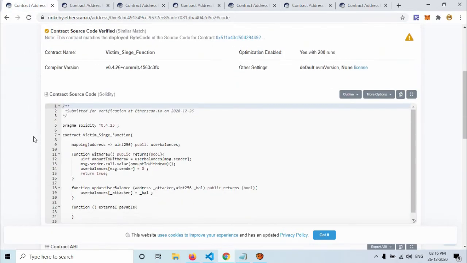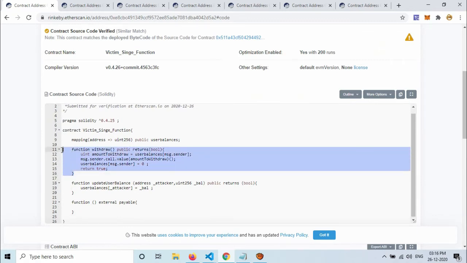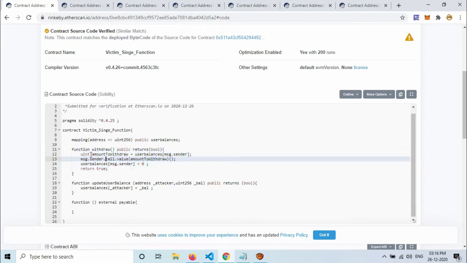In this contract we can see a withdraw function which has a reentrancy vulnerability. In line number 12 it checks how much amount the user is eligible to withdraw, in line number 13 it sends that amount, and in line number 14 it sets the user balance to 0.